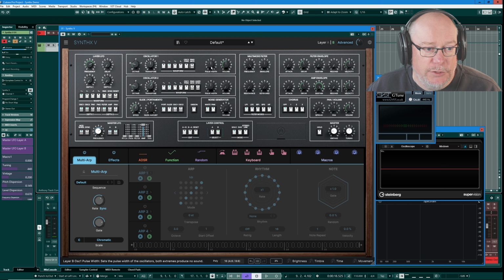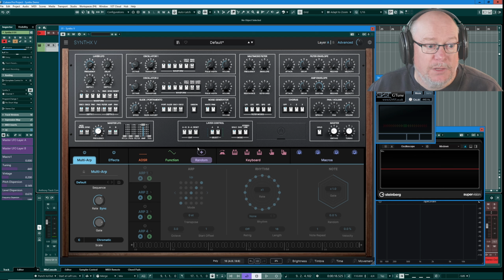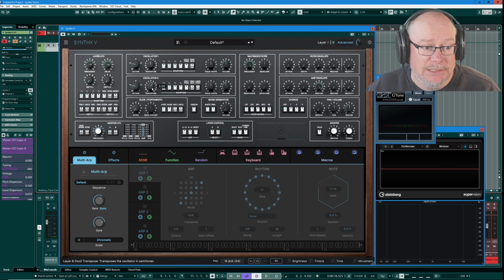In reset mode, we initialize the currently selected layer. So let's just make a few changes and press reset. Everything goes back to its default values, but it is only initializing one of those two layers. So I'll make a quick edit to B, jump over to A, make some changes here, reset A, that's fine,